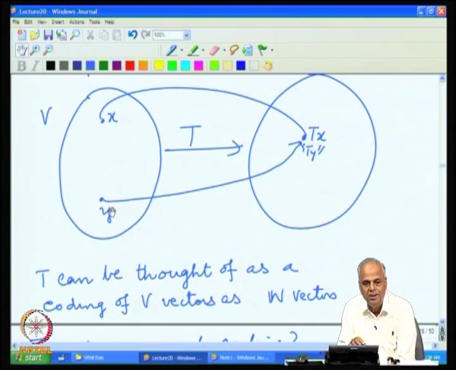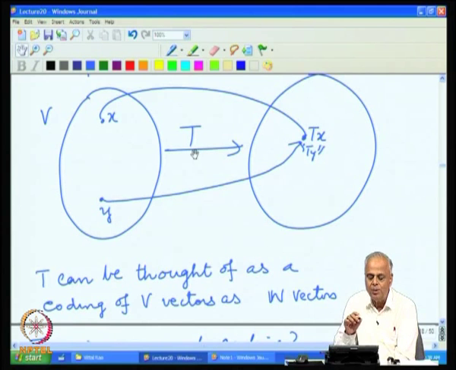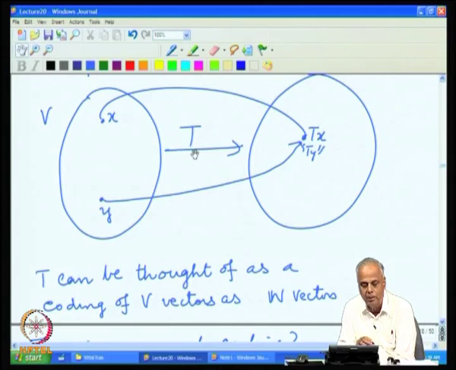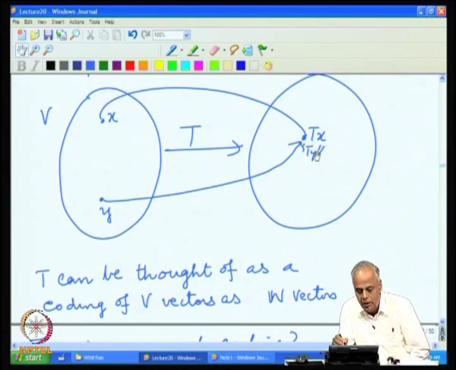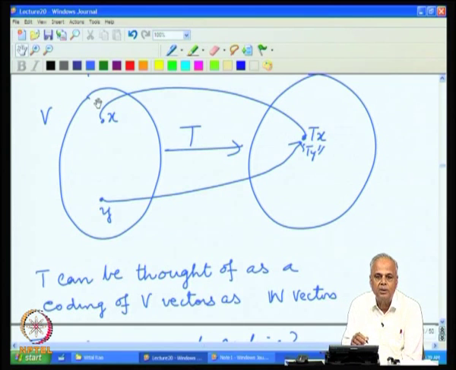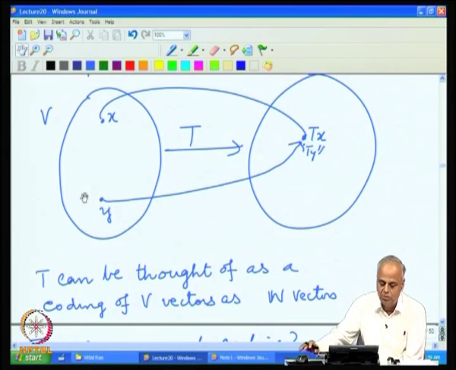In order to avoid this confusion, we would like to have this linear transformation T have the additional property that if an x goes and sits somewhere, no other fellow should go and sit there. In other words, if x goes to T x and y goes to T y, and if x and y are different, T x and T y should be different. So, T x will be equal to T y only if y and x are the same. In case they are different, the images must be different.